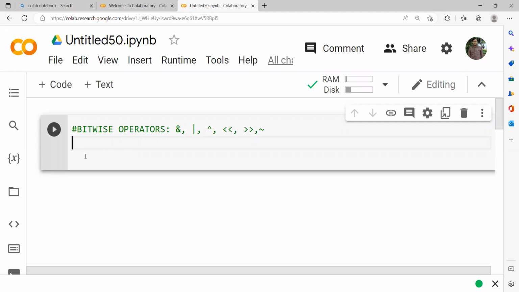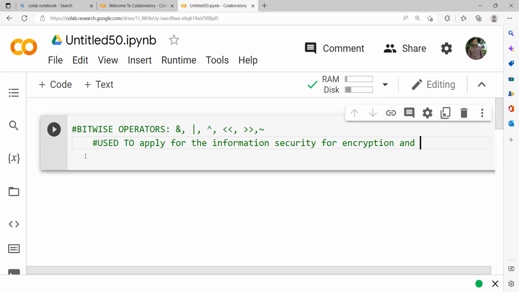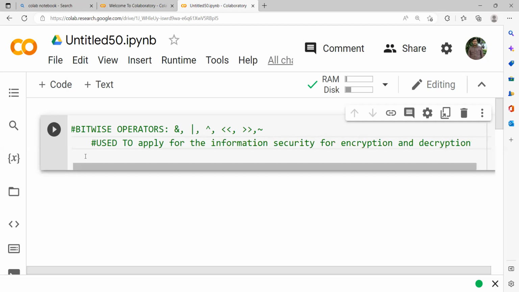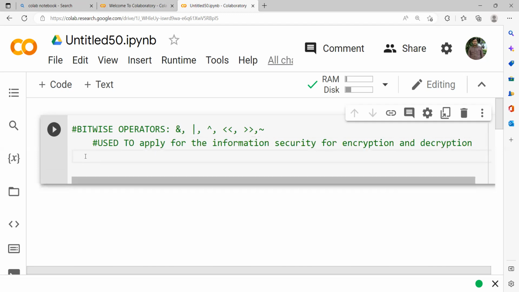So I told that the bitwise operators are used for information security, for encryption and decryption. So let's suppose,